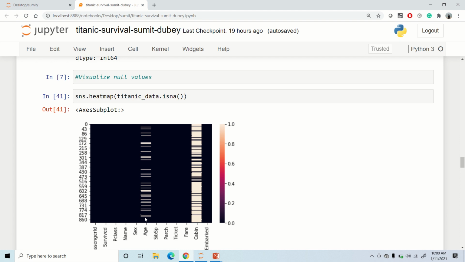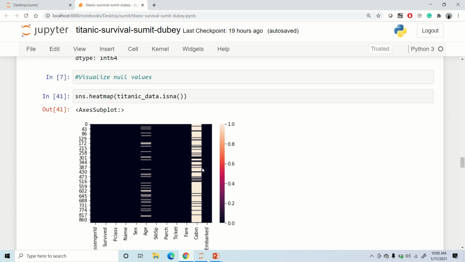And this could be problematic, as our model could be overfitting if we try to impute columns which contain null values more than 30%. So that is the case for the cabin column. We can see there are so many null values.